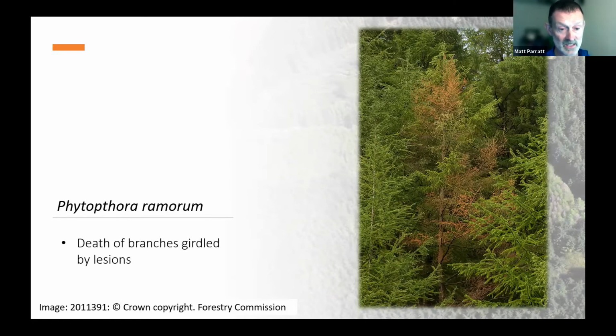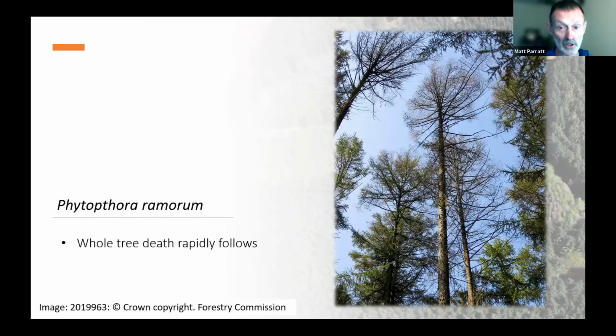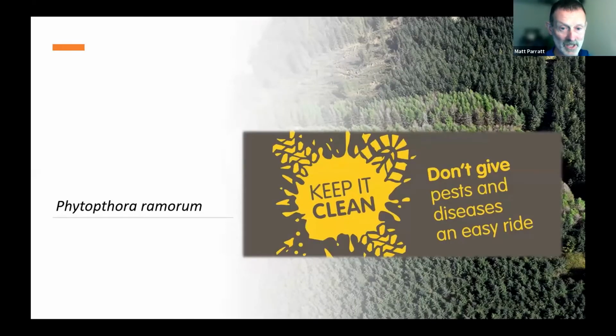Now, this is only going to go one way for this tree, and eventually we've got whole tree death quite rapidly. And you will now have seen things like sanitation felling to try and minimize the inoculum, so that's the airborne spore load, from infecting other species as well. Flora also mentioned shutting down routes of infection, and forestry commissions in the three nations have got this campaign of